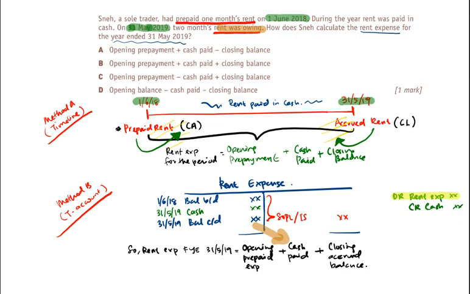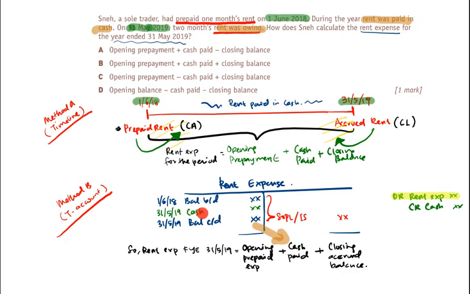For us to get the rent for the financial year end 31st of May 2019, another information about rent paid in cash during the year, you know that the adjusting entry is for you to debit rent expense and credit cash. So according to this entry, we are supposed to debit the rent expense account and put the description as